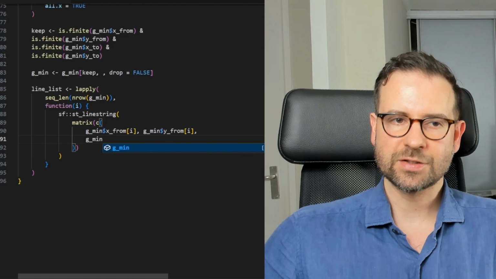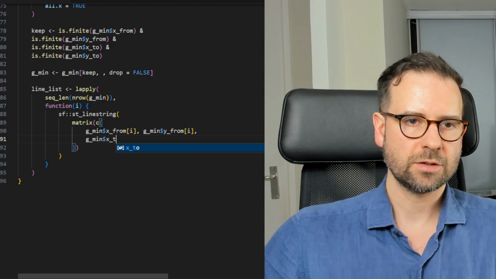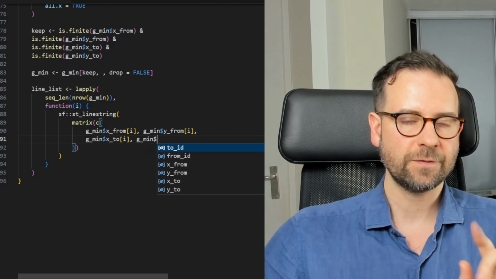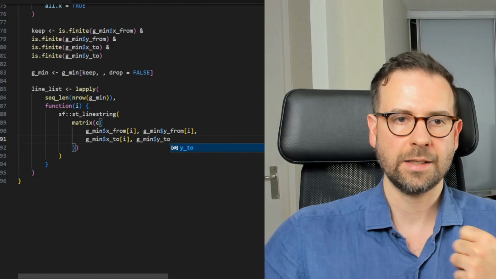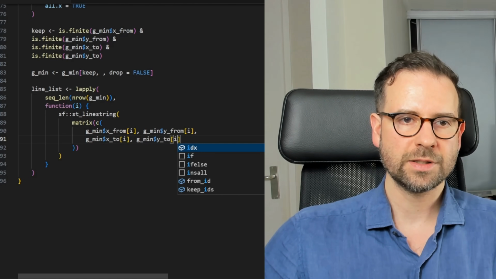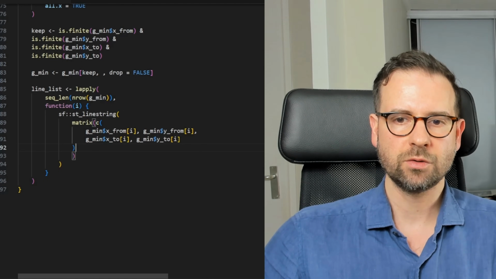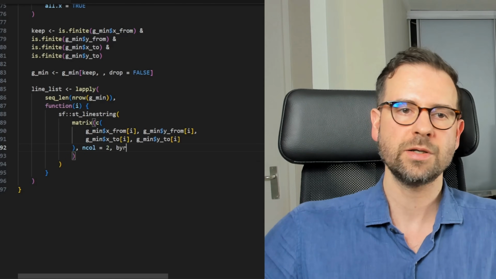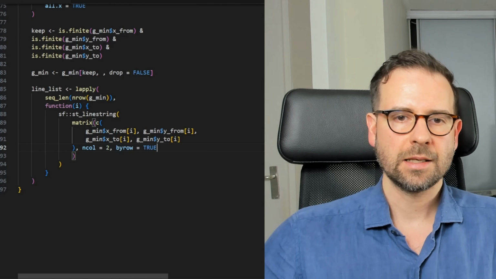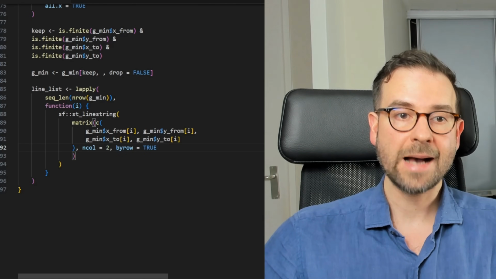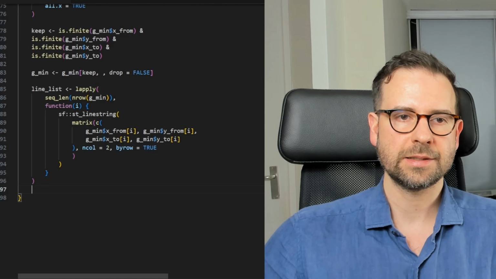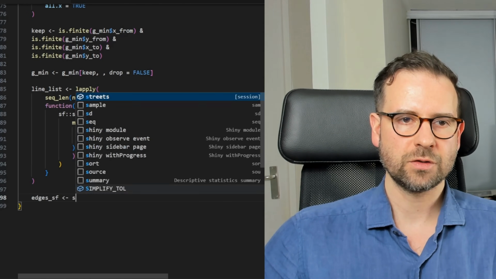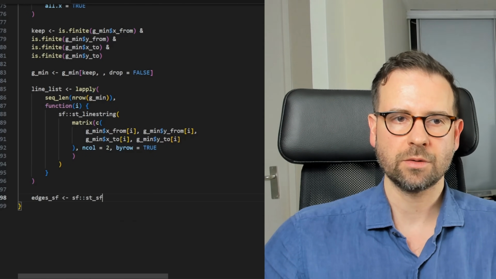Now, as you can see, there's a lot of brackets now, so always be sure that you close the brackets in the proper place, because if you don't, the function is not going to work. It's going to throw an error. That is a very important thing here. But essentially what we are doing here, we are guaranteeing that we'll still get actually drawable geometries with the beginning and with the end, by filtering out those that are non-finite values. And of course, this is going to have 2 columns,